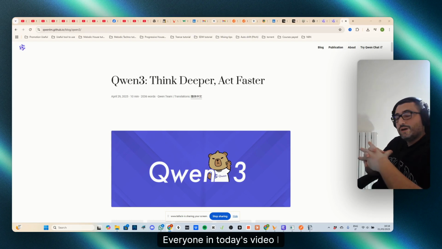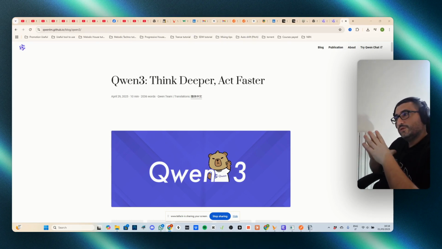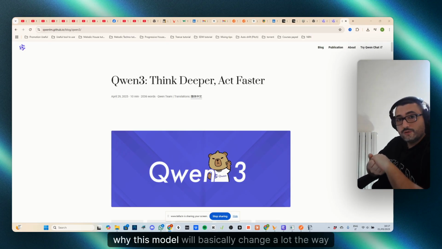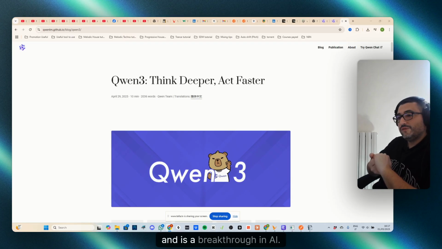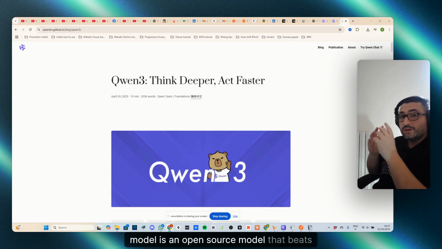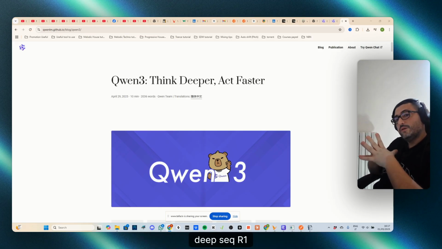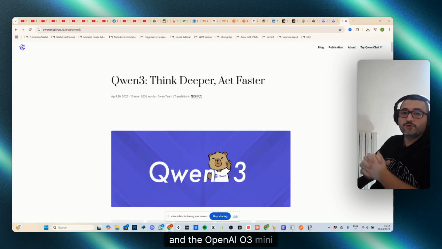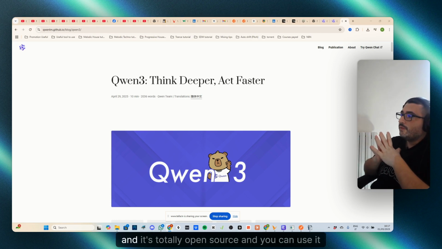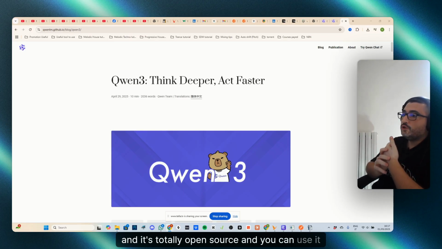Everyone, in today's video, we'll talk about the new Chinese model, Qwen3, that has been released, and why this model will basically change a lot the way you develop and is a breakthrough in AI. First of all, it is important to say that this model is an open source model that beats DeepSeek R1 and the OpenAI O3 Mini in almost all benchmarks, and it's totally open source, and you can use it